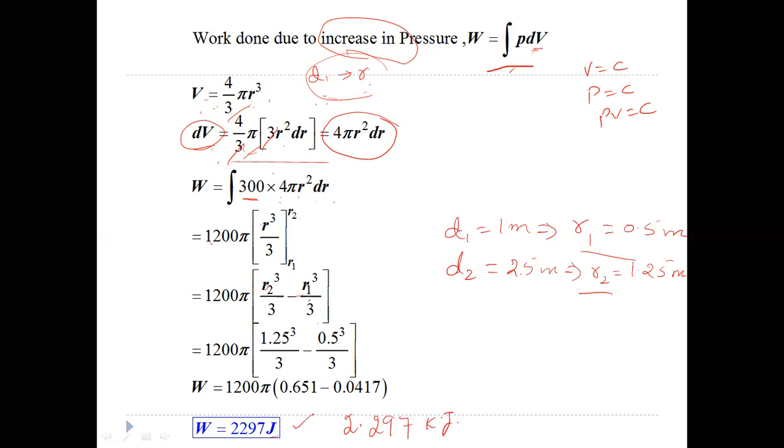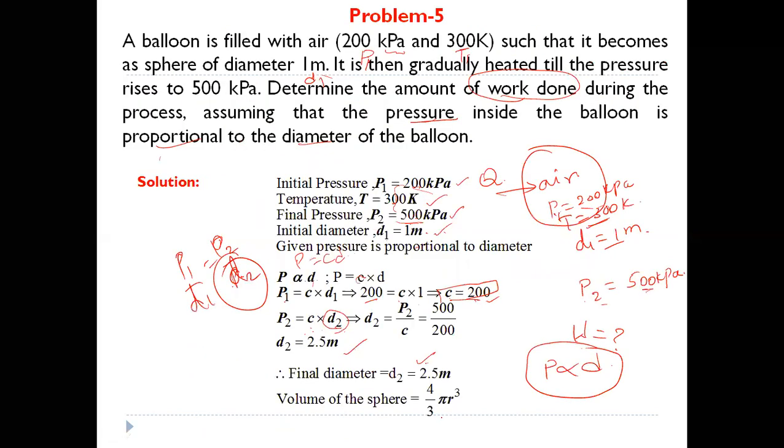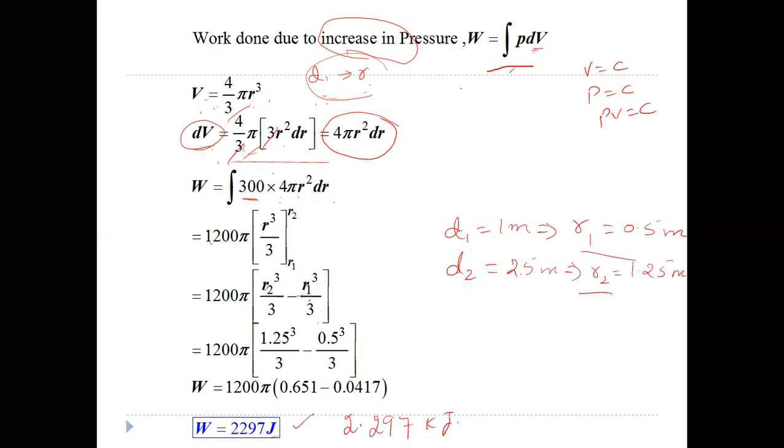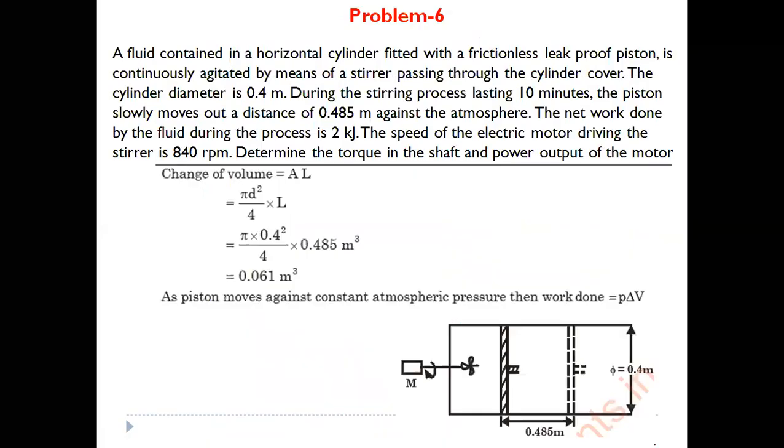So when no process is given in the problem, if they do not specify any type of process and ask us to calculate simply the work done, we have to use this formula W is equal to integral PdV. So we have to write in terms of increase in pressure here, and dV in terms of radius, 4/3 pi r cube. So we found the value of dV, substituted here, and calculated the work done. Okay, so coming to the next problem,